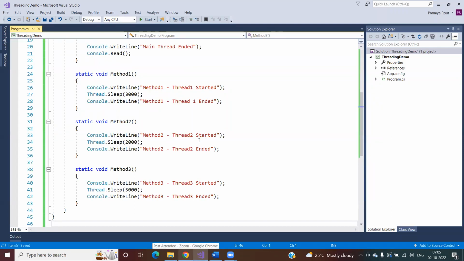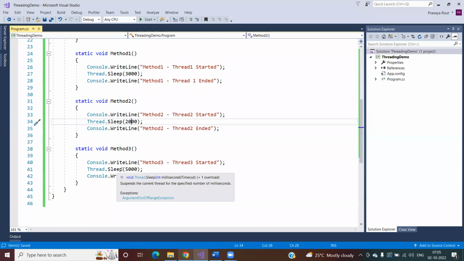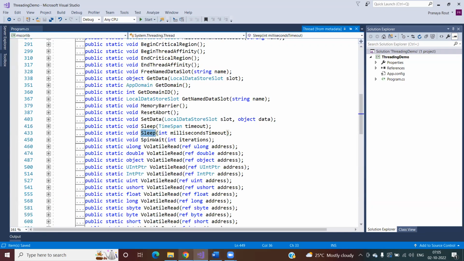You can see here I'm creating three different methods: Method1, Method2, and Method3. In this case, Method1 sleeps for 3,000 milliseconds, which means 3 seconds. This thread is going to sleep for 5,000 milliseconds, which means 5 seconds. If you go to the definition of the Thread class,